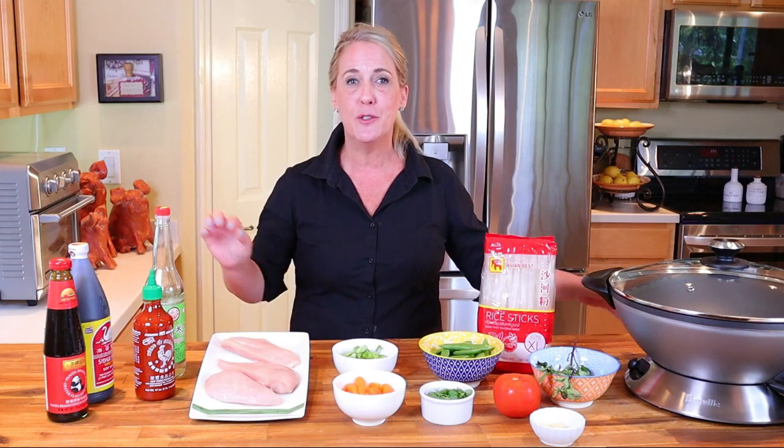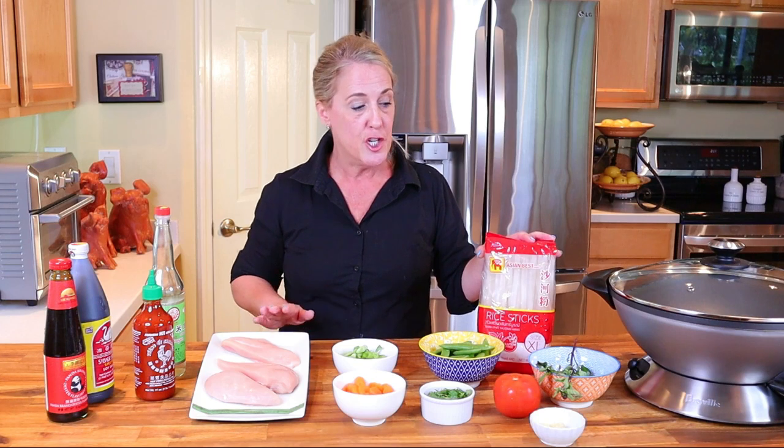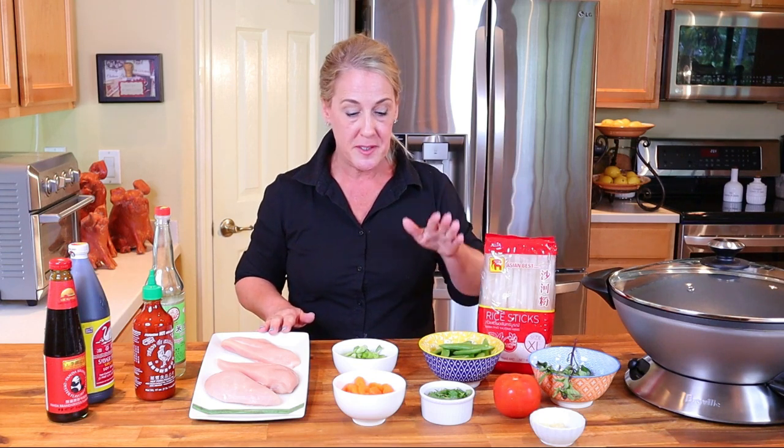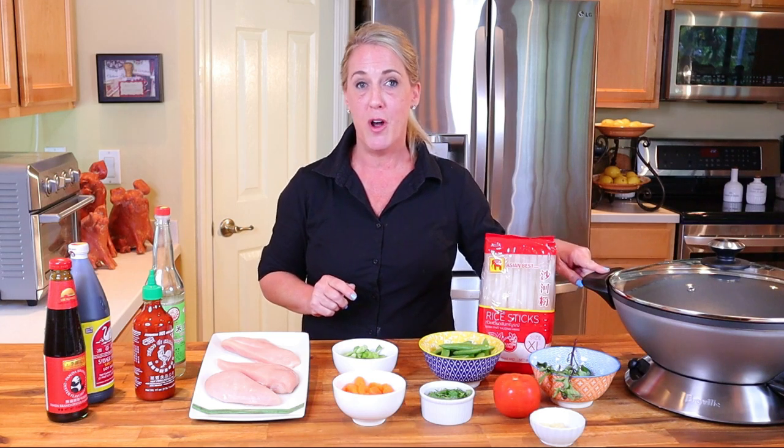The Thai blazing noodles are a stir fry of extra wide rice noodles, chicken, Thai basil, snap peas, carrot, scallion, and all tossed together in a slightly spicy blazing sauce. And we're gonna be doing all of that stir fry in my brand new wok that I just got for